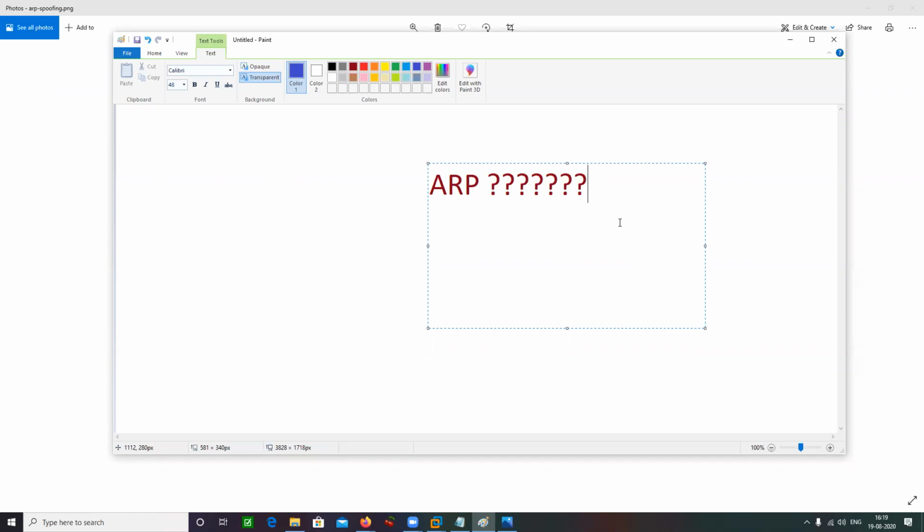What is its use? Discover the link layer address. What is the link layer address?